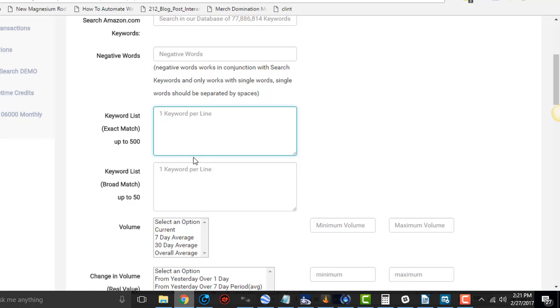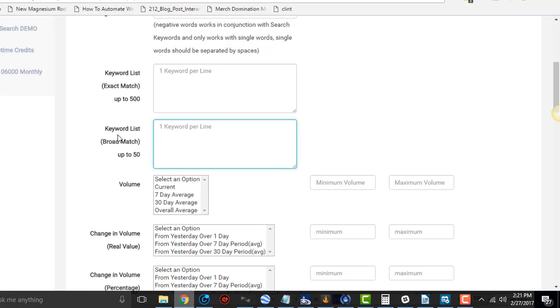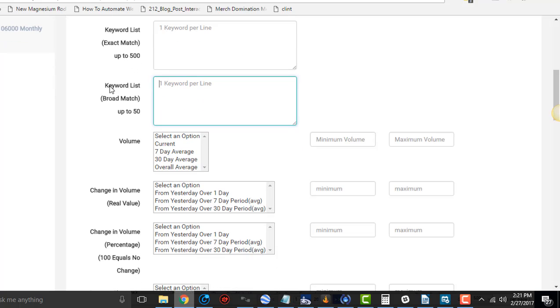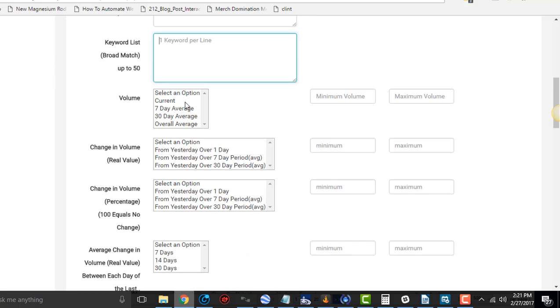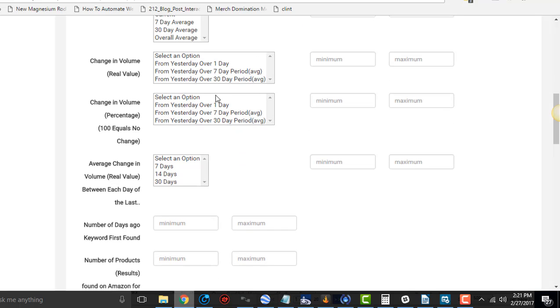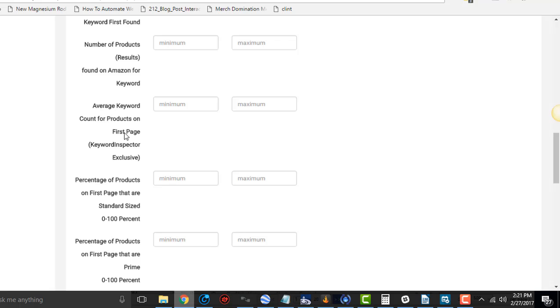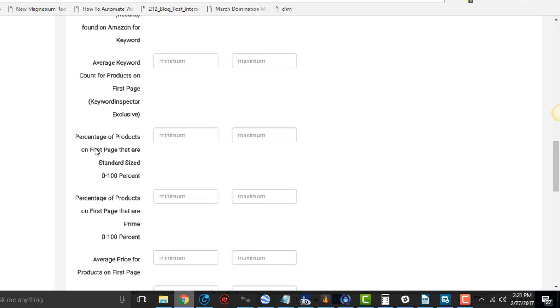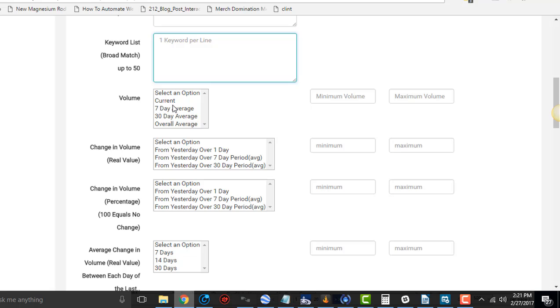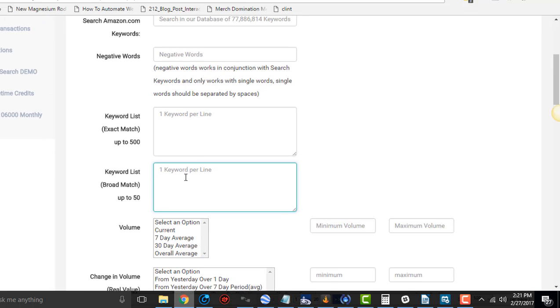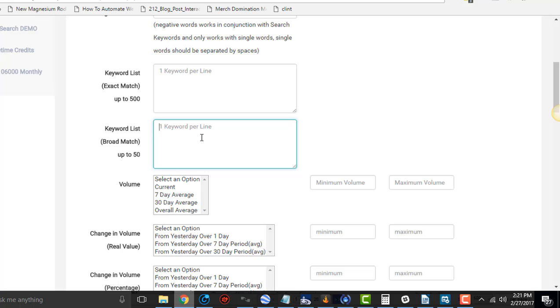Okay. So in order to do that, we're going to use this keyword list where it says broad match up to 50. I could go and do all this volume stuff. I could, say, find things that are over $100 or under $100 on average on the first page, what the average keyword count is, and stuff like that. There's a ton of stuff that you can do. It's pretty amazing. But what I'm going to do is, the less that you put out there, the less that you do, the more new ideas that you get. Okay. And that's what we're wanting to do right now. So that being said,